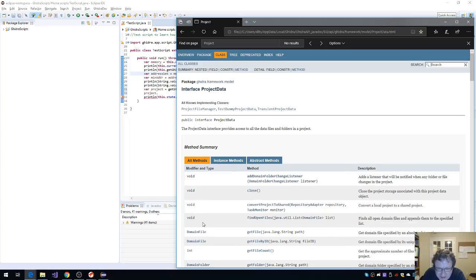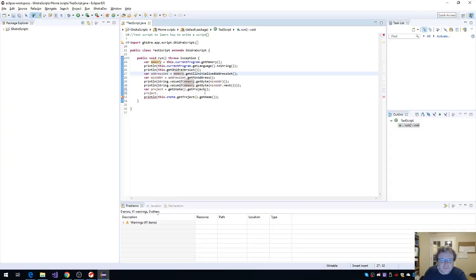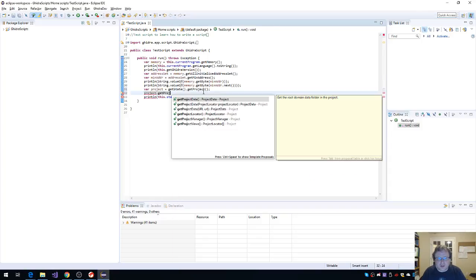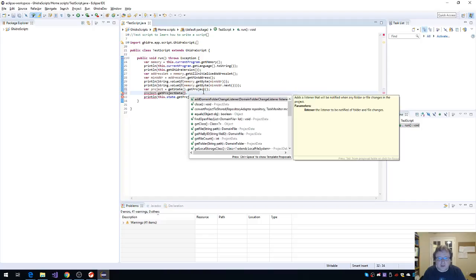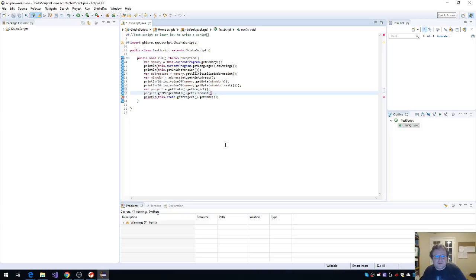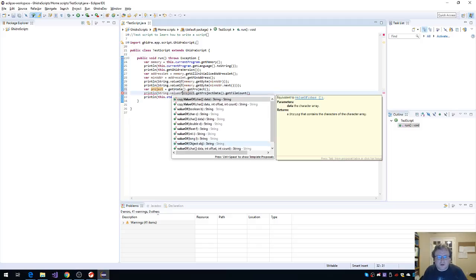What is project data? Okay. Project data dot file count. Println string dot value of